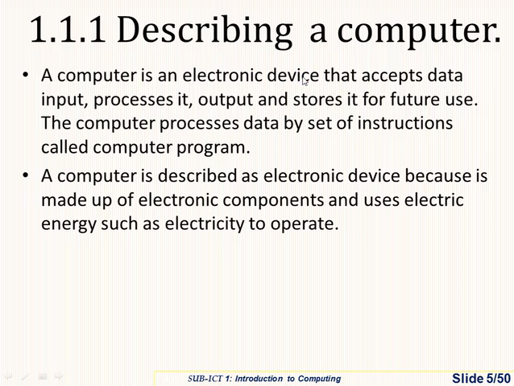Then the other words you must not miss out are the 4 major functions of the computer. The main functions as to why computers were developed: inputting of data, processing of data, outputting, displaying the data to the user, and storing it for future use. So once you have those 5 words, you will be able to come up with a full definition of a computer. When you miss them out, your answer may be considered null.